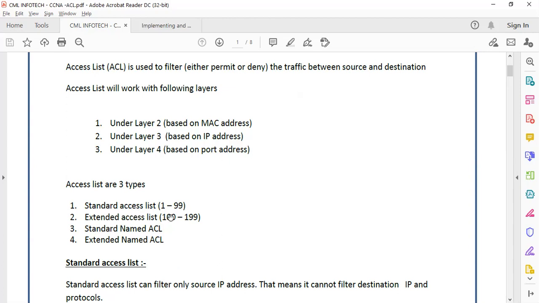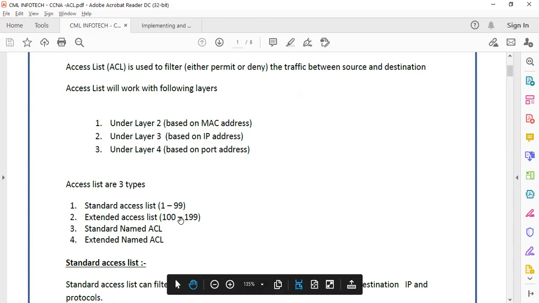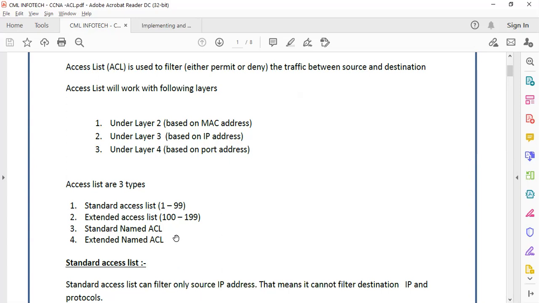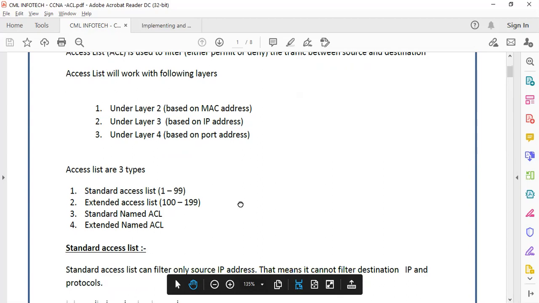We'll discuss that too. Or even you can define an access list with an access list name, which is quite common nowadays. By looking at that name, we can identify the purpose of that access list. For example, I'm giving an access list name, deny traffic HTTP. So by looking at the name we know this access list will be used to deny the HTTP traffic, or some similar name that will help us address the purpose of that access list.